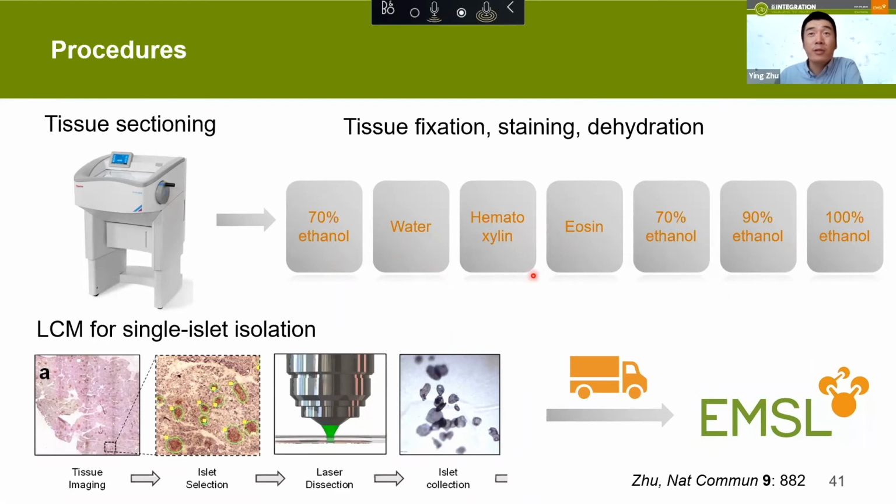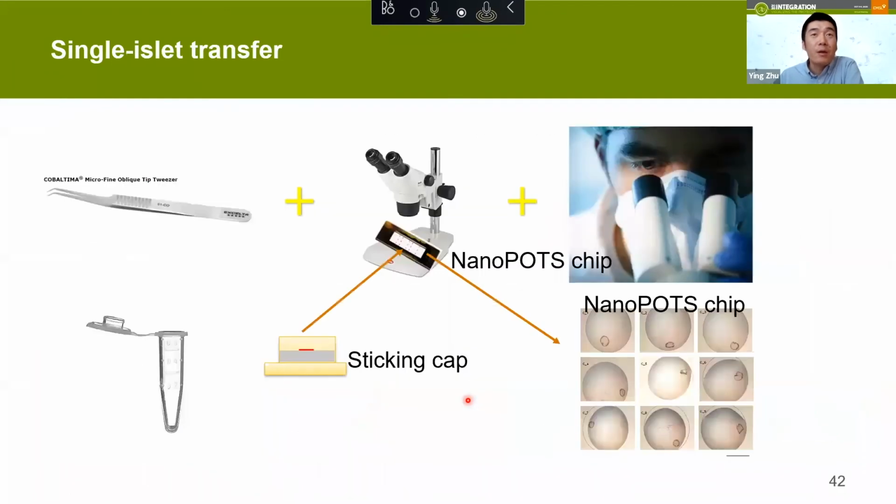After the H&E staining, we dry the tissue and dehydrate the tissue, using the ethanol steps. The collaborator will do all the LCM first, so they will find all the single islets and use the laser to cut them, and they will send us the tube. So after we receive the tube,